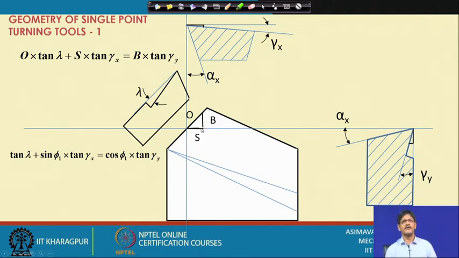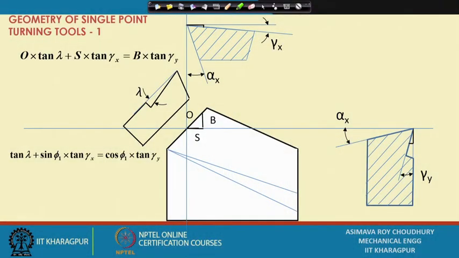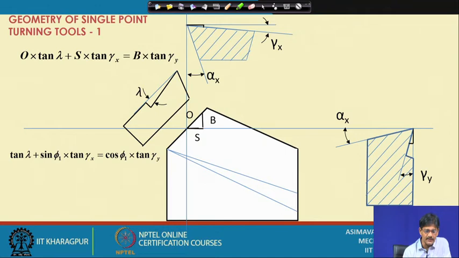You might say that we are assuming some things here. What are they? We are assuming the signs of the angles that we are considering. To some extent, this is correct. So, if we have this particular assumption, we have a relation as shown here: O tan lambda plus S tan gamma x is equal to B tan gamma y. That is fine. So, once again let us divide everything by O, so that we have tan lambda